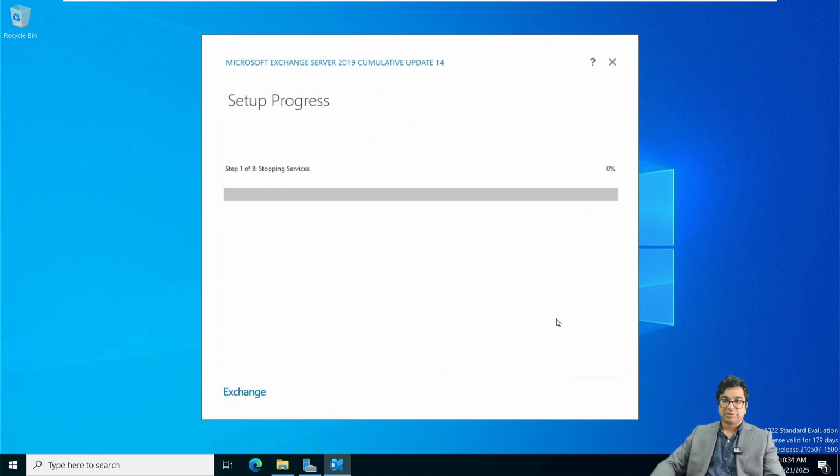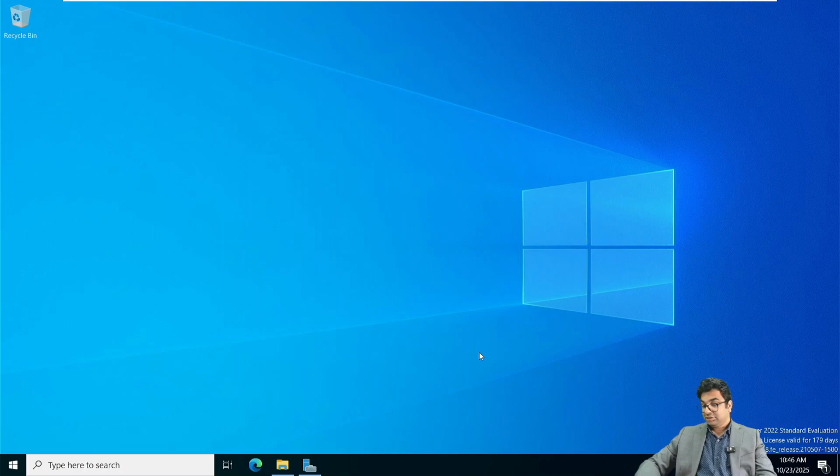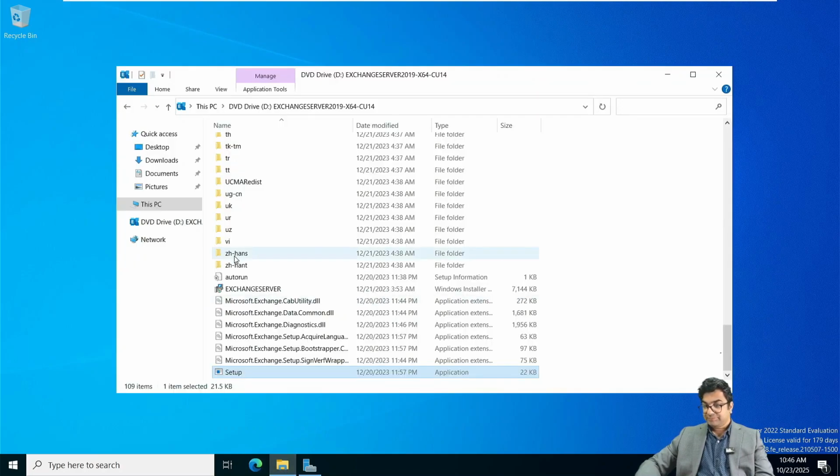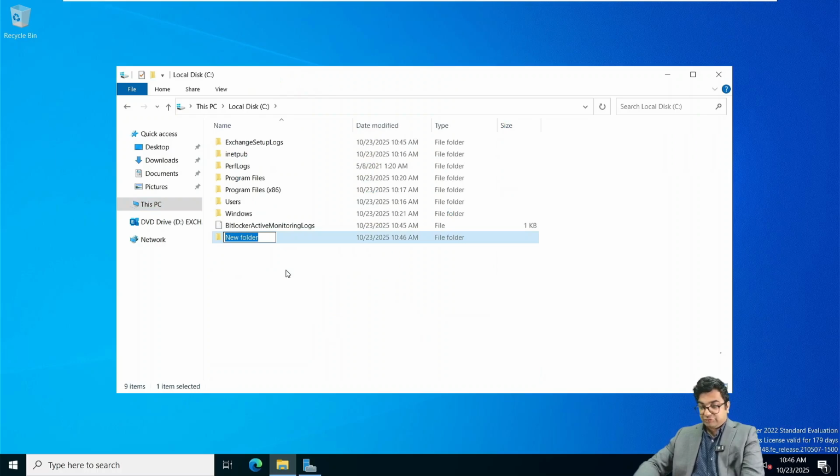So we'll wait for this to complete, and once it is done, we will do the next part, that is setting up the edge subscription and all of those things. Now at this point, the setup has completed after the second time. Remember, this is the edge server. It took me 2 tries to get it done. All right, so this is done. So now let's quickly go to File Explorer, this PC, local disk C, create a new folder called edge file,